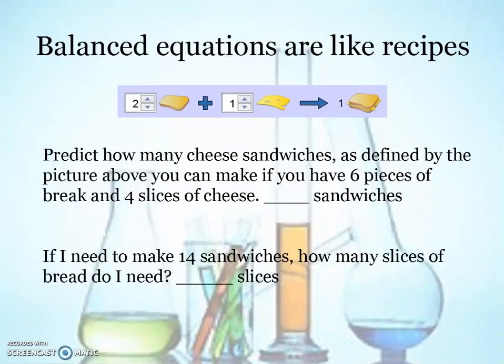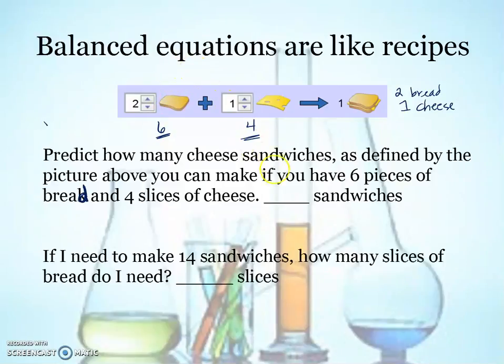All right, so here it says predict how many cheese sandwiches as defined by the picture above you can make if you have 6 pieces of bread and 4 slices of cheese. So if we have 6 pieces of bread and we have 4 slices of cheese, how many sandwiches can we make? Well, we need 2 bread and we need 1 cheese for each sandwich. I have 4 pieces of cheese, so that means I can make 4 sandwiches, right? Not so much, because I only have 6 pieces of bread, which means